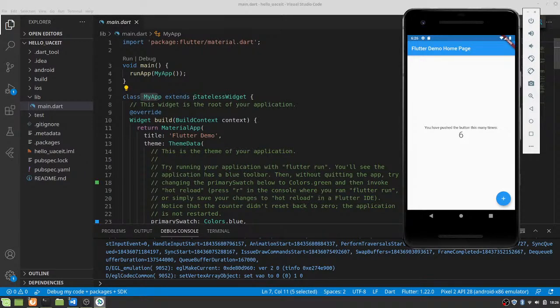In stateless widgets, if the user performs some action or some event is happening, there's no change in the stateless widget. But if there's dynamic data, then we use stateful widgets. As you can see here, MyApp is a stateless widget, and there's this build method